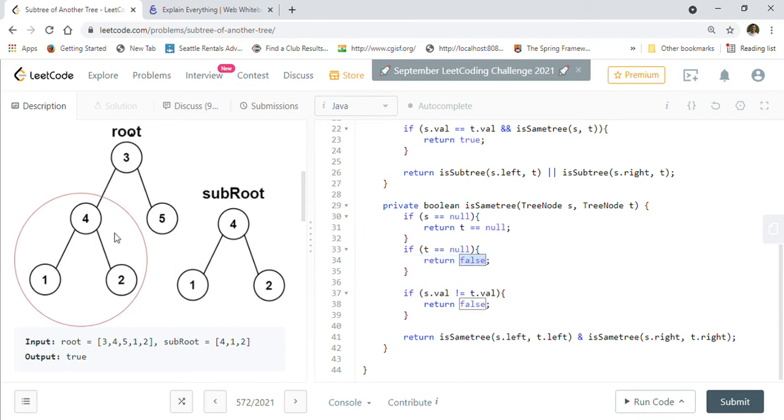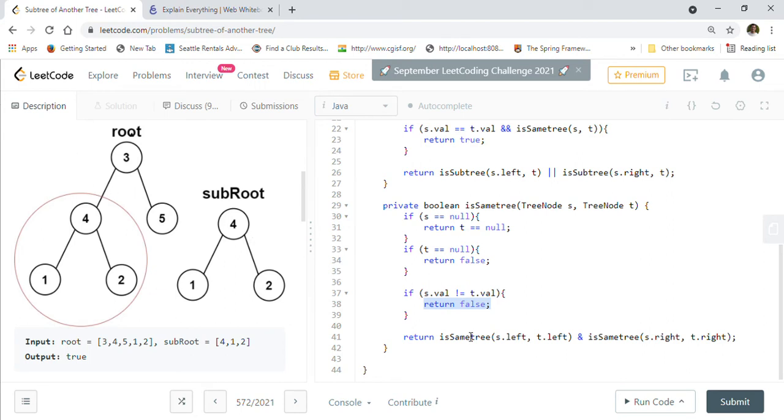Then when we reach here, we know that both values are present. Then we will have to check the values now. The 4 should be equal to 4. So if the values are not equal, then we will return false. Otherwise, the values are also equal. Now we have to check the left subtree of this, and the right subtree of this right subtree.